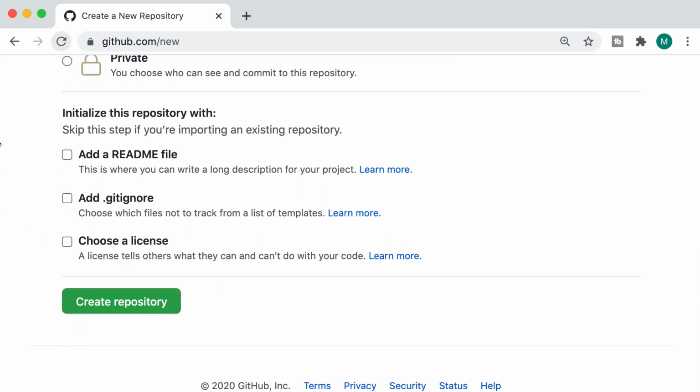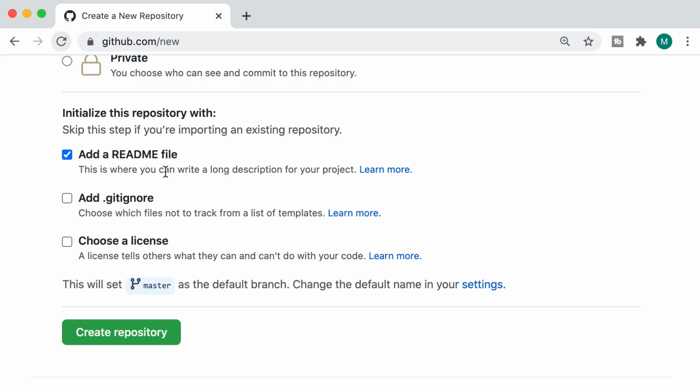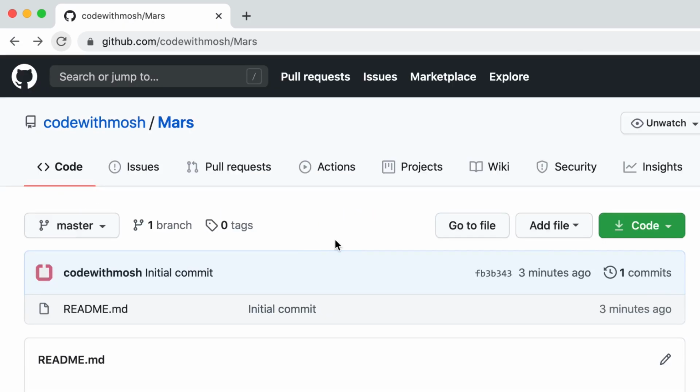Next, we can initialize this repository with a README file, with a gitignore file, and a license. I'm going to select this README file over here. So GitHub is going to add this file and create the first commit for us. Take a look. So create repository. Here's our repository. Beautiful. Now look at the URL,